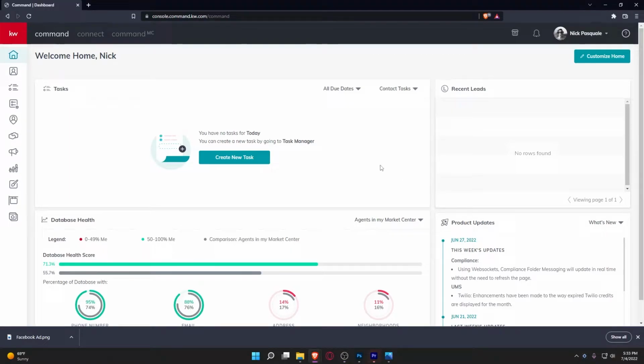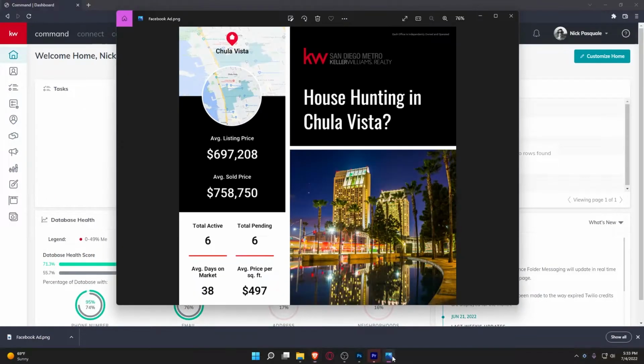I'm the Director of Tech here at Keller San Diego Metro, and today I'm going to take you through the process of making a really cool looking design in the Designs feature of Command that looks something like this. It's kind of a cool little market snap update, and I'm going to show you how to go ahead and